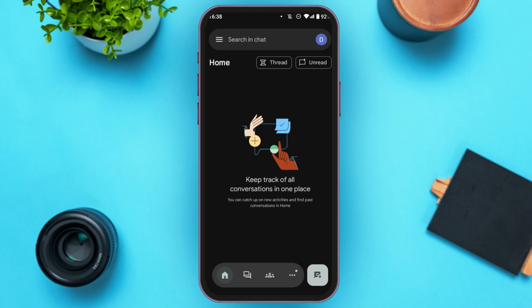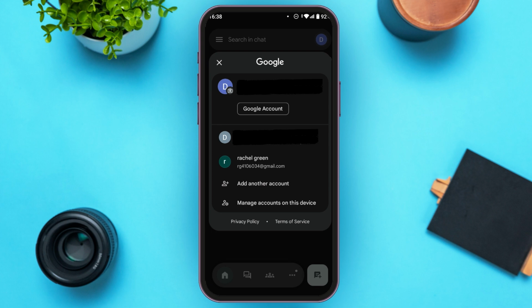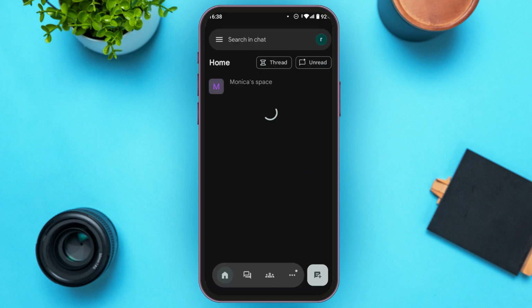So if you want to change the account in Google Chat, all you have to do is tap on the profile icon that you can see at the top right corner of your screen. Now this kind of pop-up will appear. You'll see all of your Gmail account over here. All you have to do is tap on the account of your choice in which you want to log in. Now you'll be logged into that account. So that is how you log in Google Chat